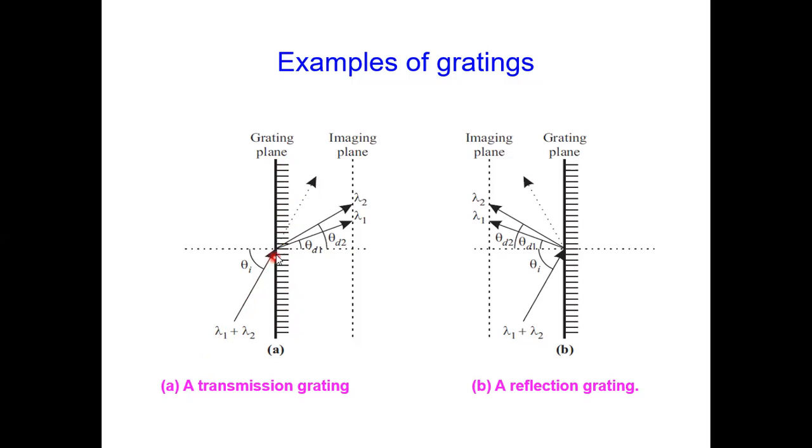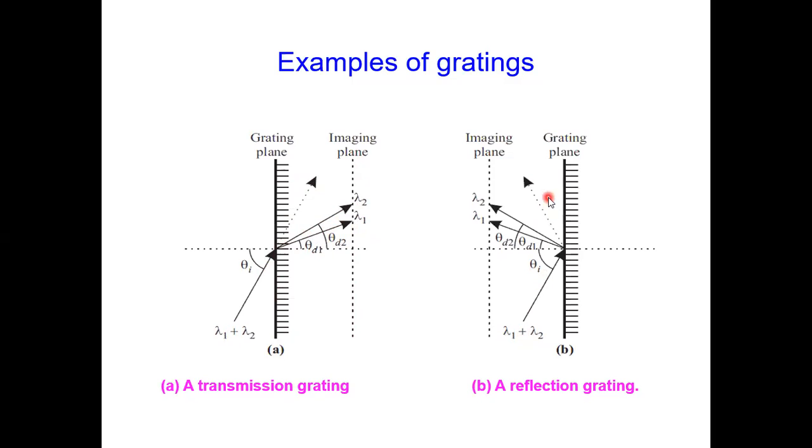Here the incident light, suppose it is made up of multiple constituents of wavelength. If we don't have light operating at a single wavelength, we have a spectrum of wavelengths. So when it strikes the boundary of the first and second media, what this grating plane will do is refract the light into its constituent wavelengths. So I have lambda 1, lambda 2, lambda 3, and so on. Suppose I have an imaging plane. This imaging plane will capture light of constituent wavelengths. Since this light was transmitted into the second medium, I call it a transmission grating.